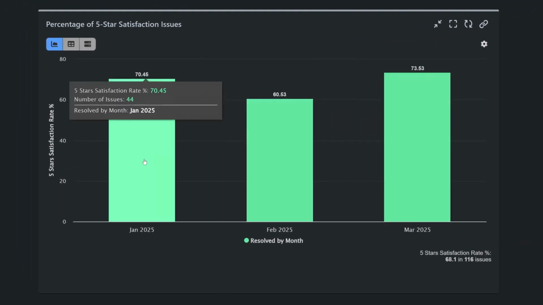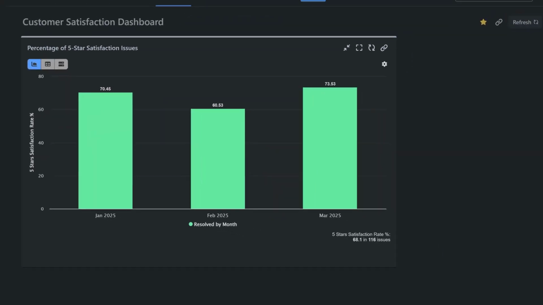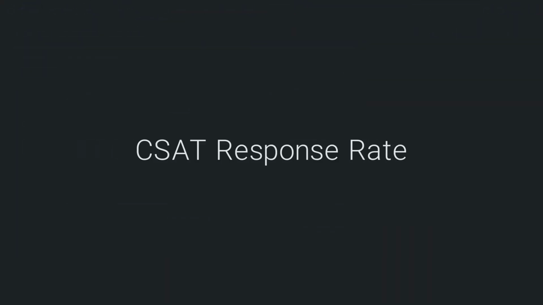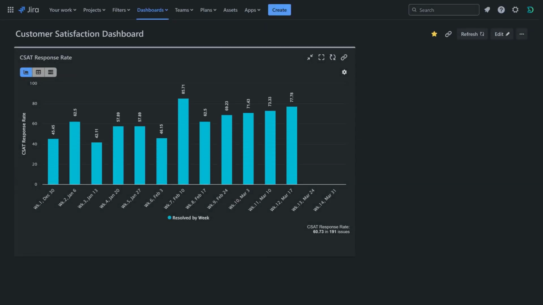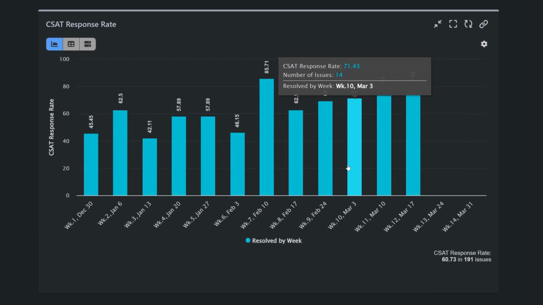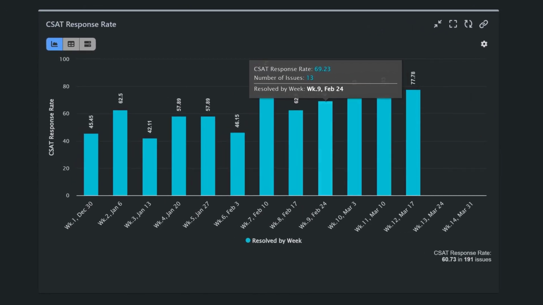As you have already seen, the Performance Objectives app offers rich capabilities that allow you to configure numerous CSAT-related reports, including a CSAT response rate. It will measure the ratio of resolved issues that received customer satisfaction feedback, compared to the total number of resolved issues. If you need help configuring this or any other report for Jira, check out our other videos, or feel